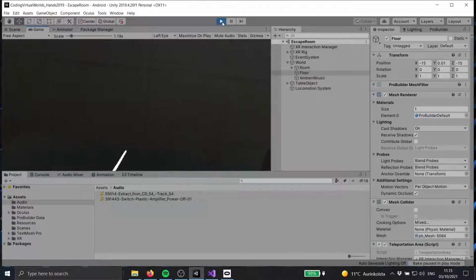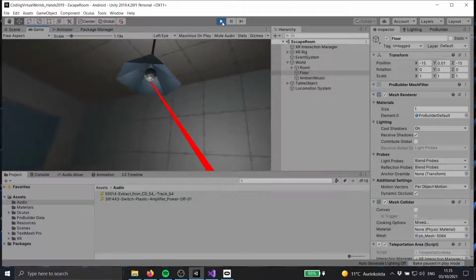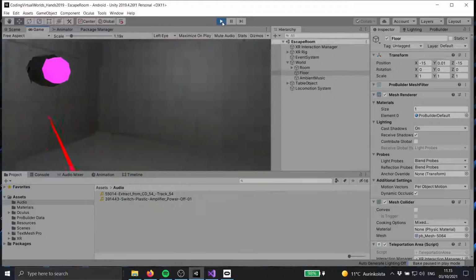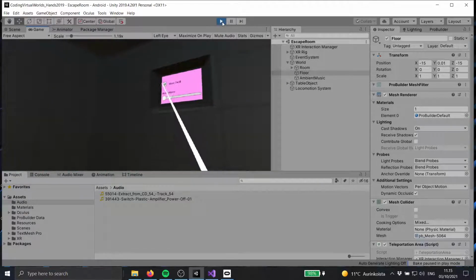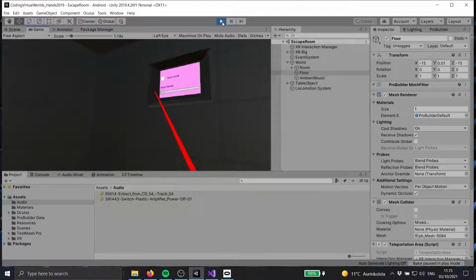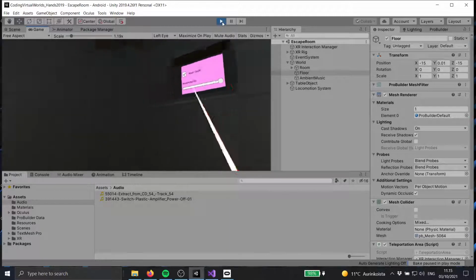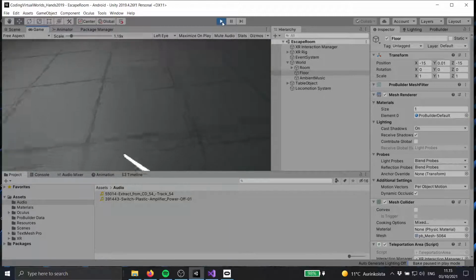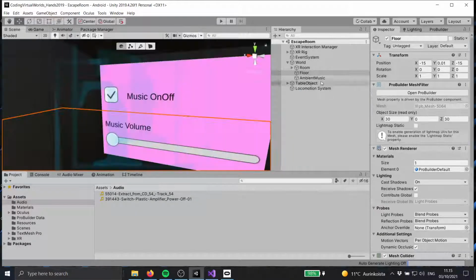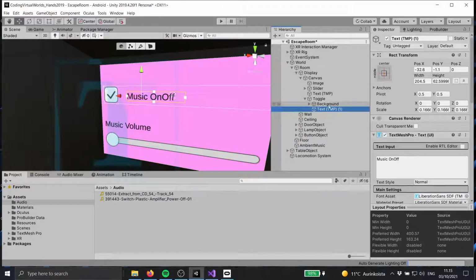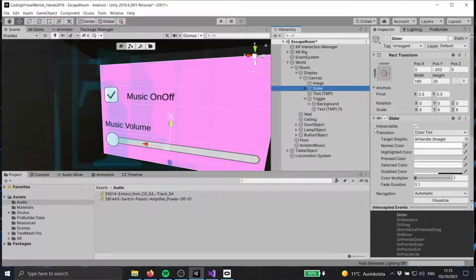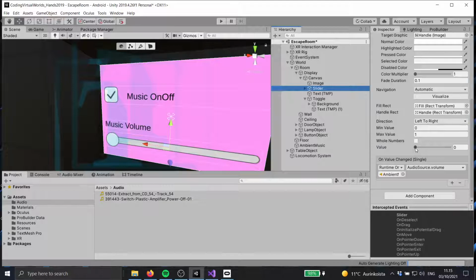Yes. Okay. Now I can move around in the space, and I can also interact here with the display. One small detail, the music volume should start actually on the top value, not on the bottom value, so it is actually consistent from the beginning. So we go here into the slider, and I think we can also set here the value to 1 at the beginning. Okay,